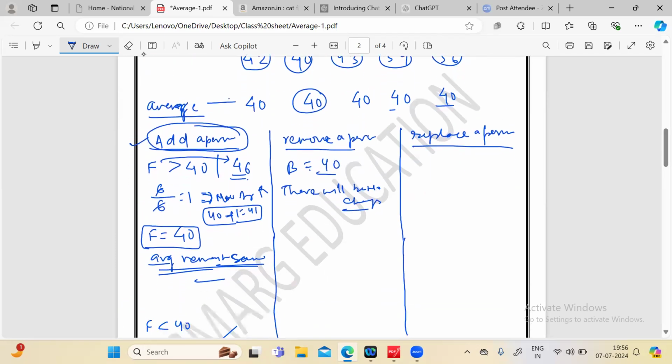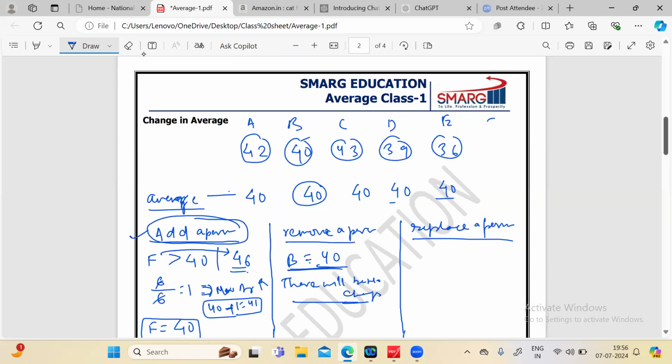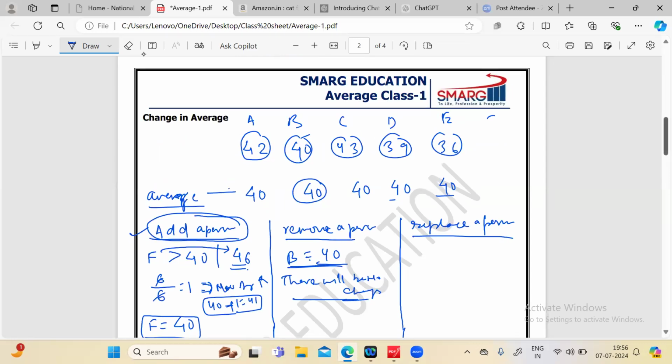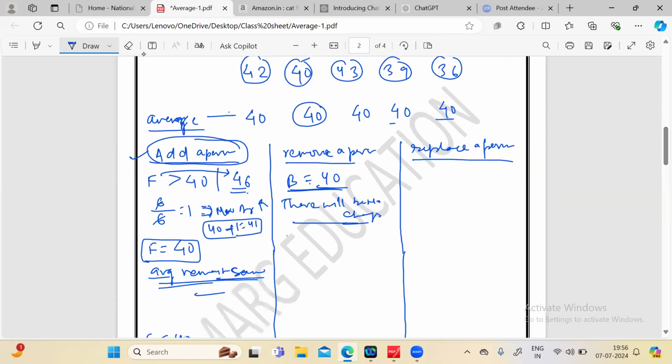Okay, so I'll take another value. If B is leaving, there will be no change. So I'll take another value. If A is leaving the group, if A is leaving the group,